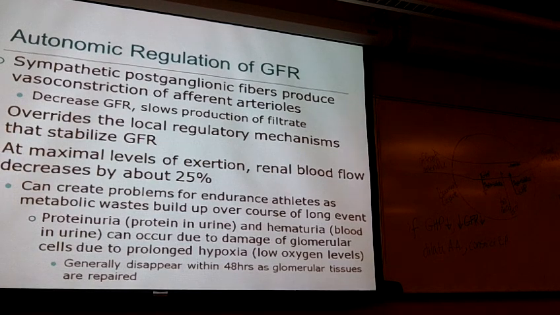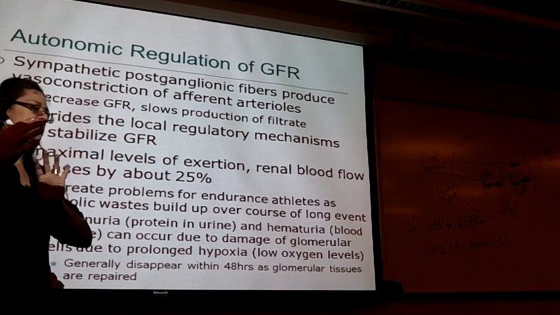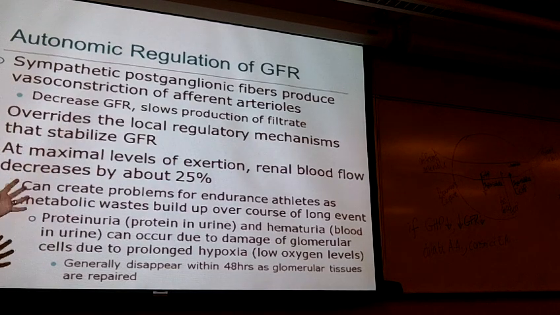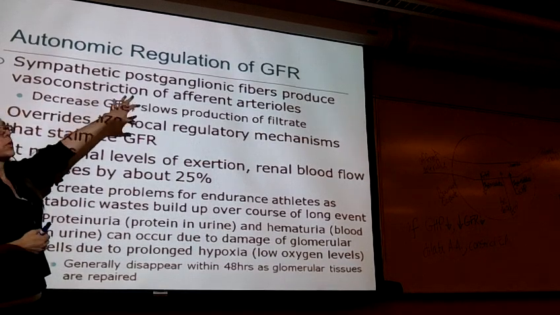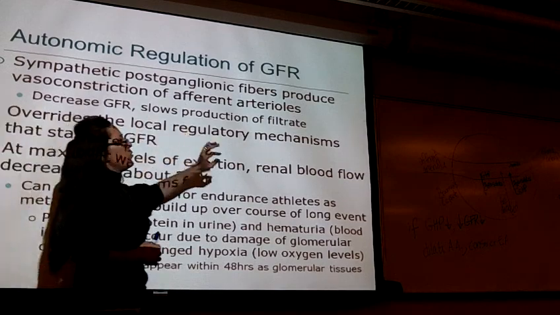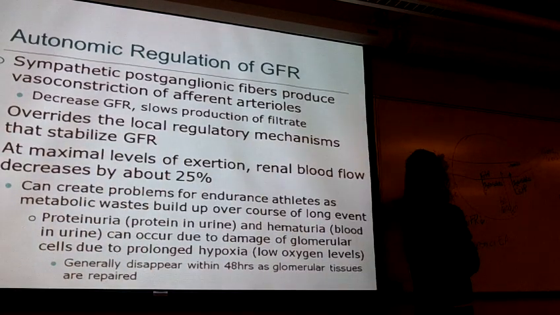But if we're in a sympathetic mode, we don't want to be processing urine, right? We want that blood to be shunted over to our skeletal muscles, and we'll deal with getting rid of those metabolic waste products later. So what will happen is sympathetic postganglionic fibers can come over and they will cause constriction